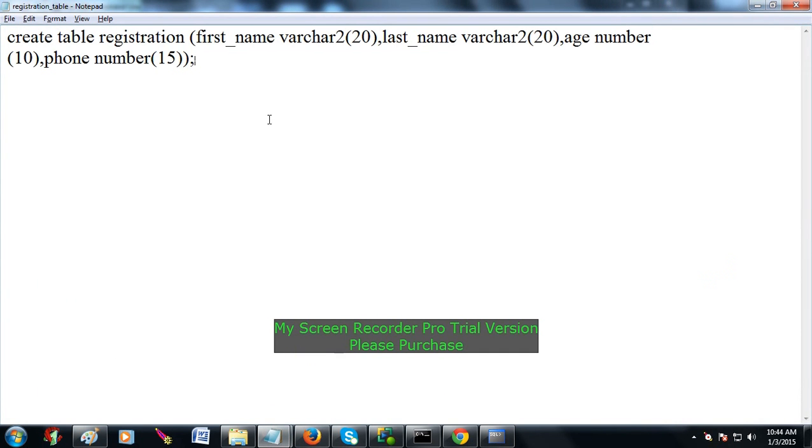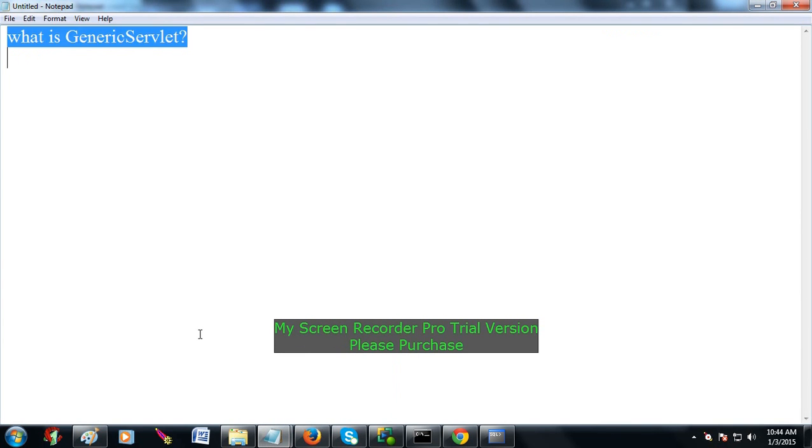So how many columns are we having? First name, last name, age and phone number, right? So a total of 4 columns are there. So a total of 4 text boxes must be there in the particular registration index.html. In the application registration index.html, it has 4 text boxes, right? So we'll write a particular